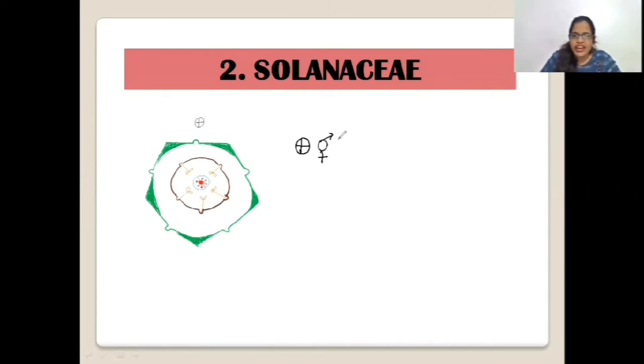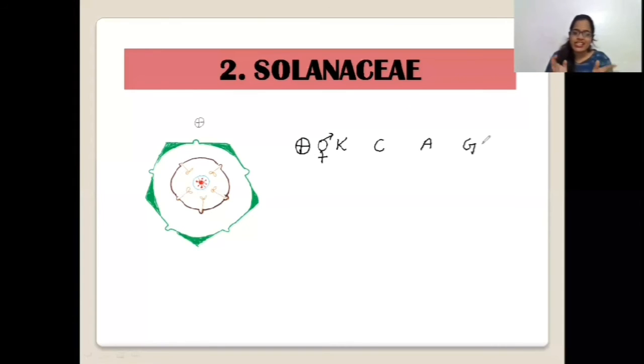Then I'll simply write K, C, A, G. I'm just writing far away so that there'll be no mixing up of the things. Instead of G, we'll use K, C, A, G. Just a bit of a trick, but I know you don't need this trick to learn this easy thing. Now, next we have to write the number of sepals here at the place of K. And guys, you can see that, let me use green color. So this is 1, this is 2, this is 3, this is 4, and this is 5.